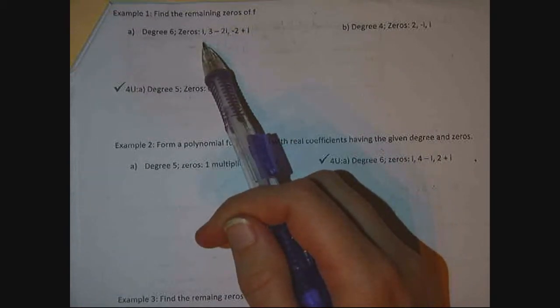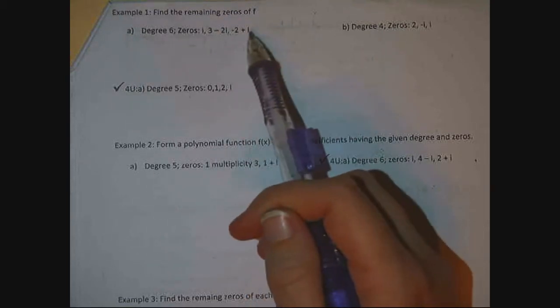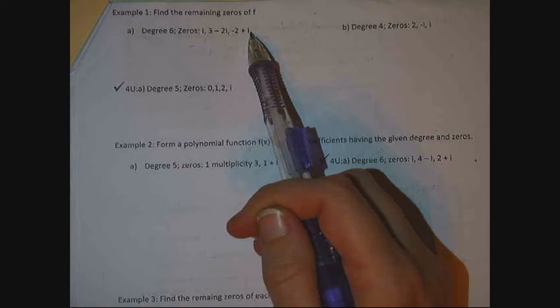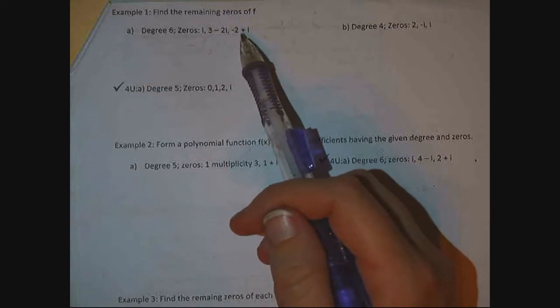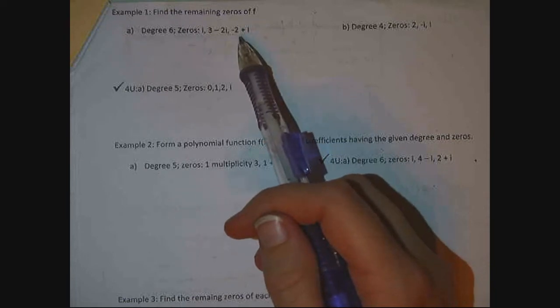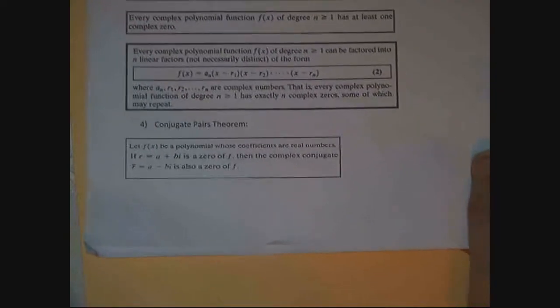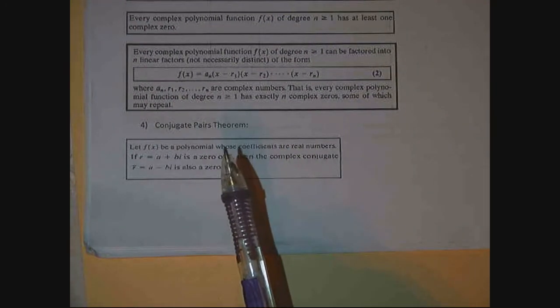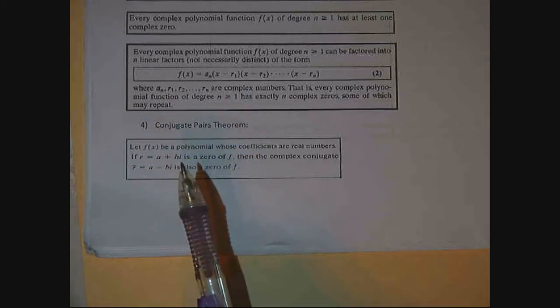So I have i as one zero, 3 minus 2i as another, and negative 2 plus i as another. This only gives us 3 zeros, however, and we know that we need 6 in total, so we need to consider the information we're given and how we could find additional zeros. With these imaginary complex zeros, we might remember a theorem from earlier in the notes. If we go back to the page just before, our conjugate pairs theorem told us that if we have a polynomial